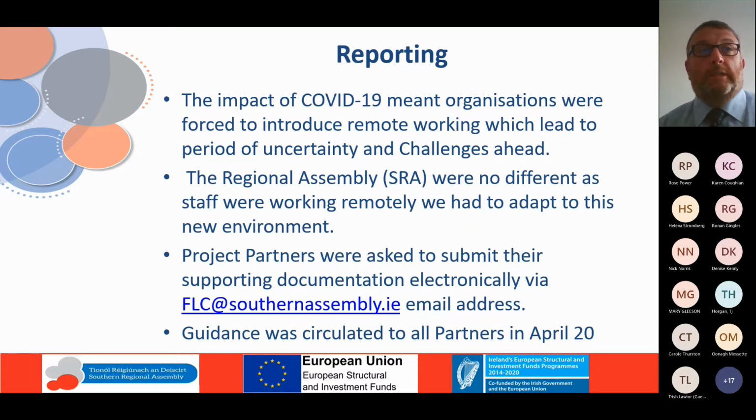We circulated the guidance document asking partners to submit the documentation to the FLC at southernAssembly.ie email address. We set that up a couple of years ago so that partners can submit queries or information to that email address, and your documentation would have come in there. We would recommend partners, if they're emailing us, to use that email address, because